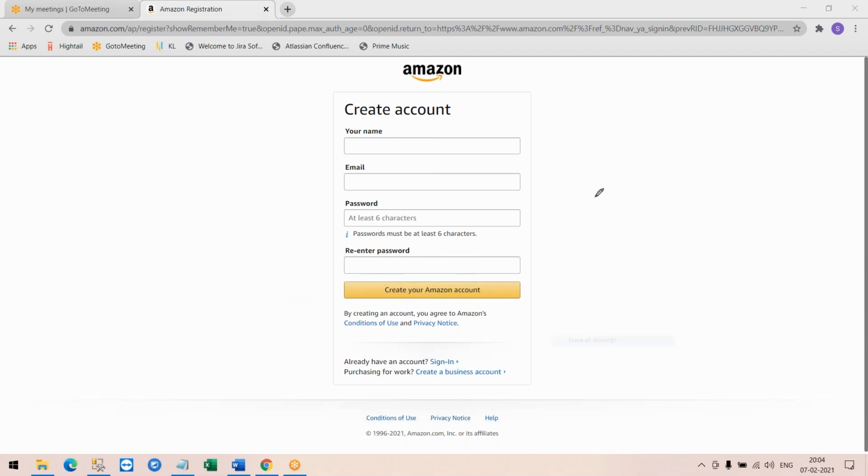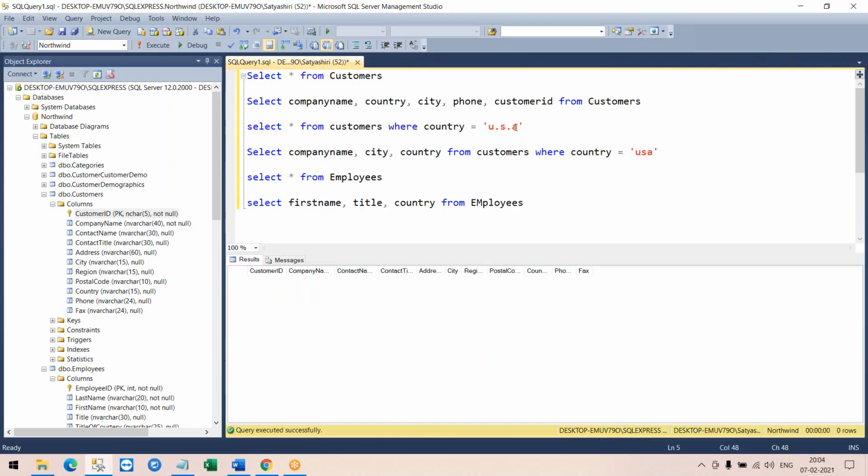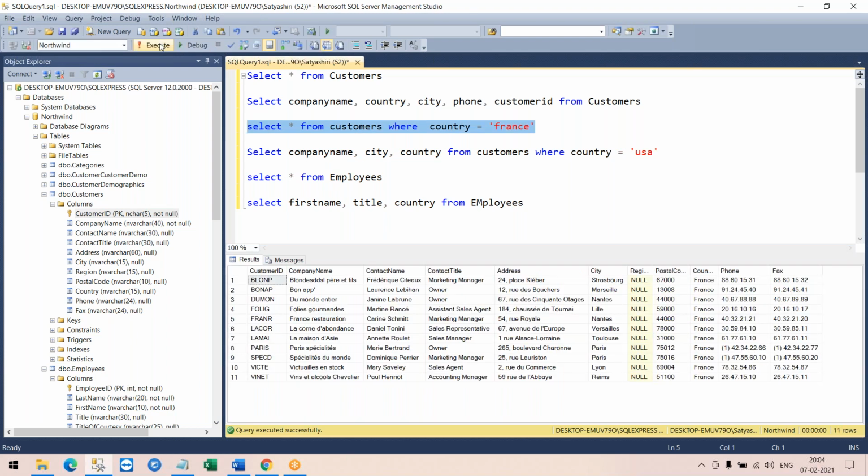Now I can apply conditions like USA. I can apply various conditions. Maybe I would like to look for customers whose country is equal to France. Then you would apply that condition to fetch the data.